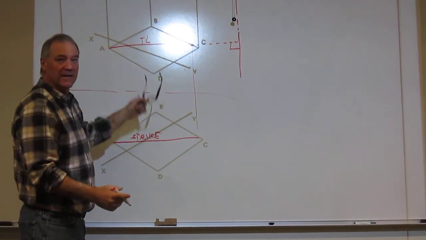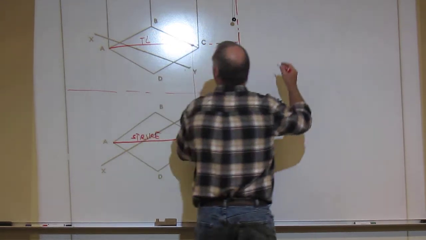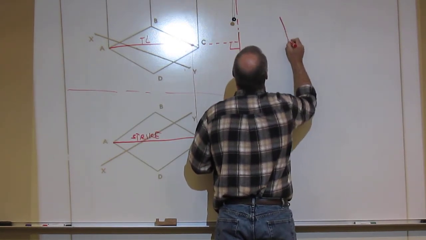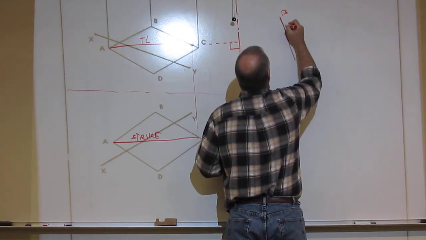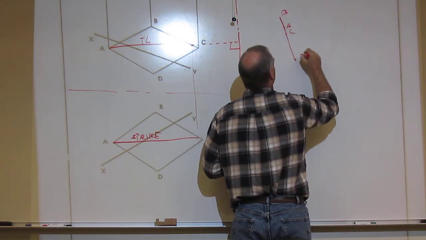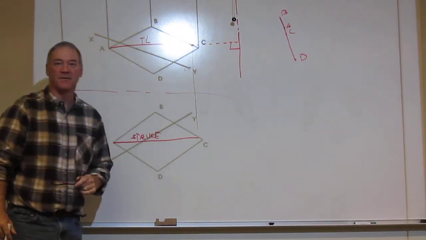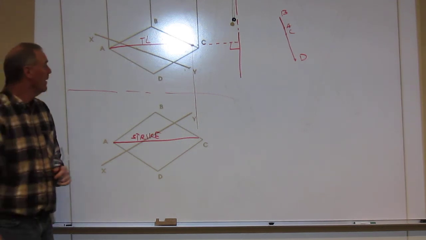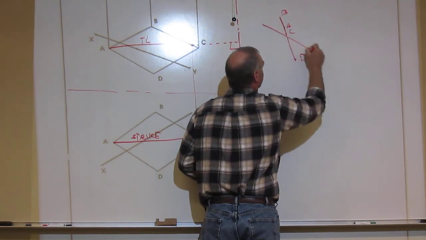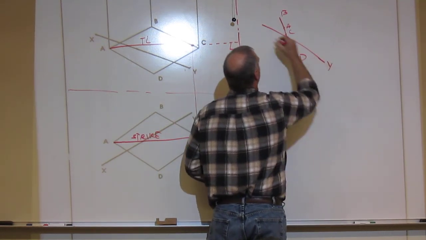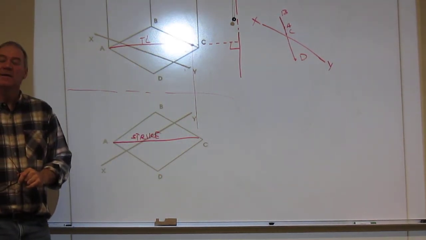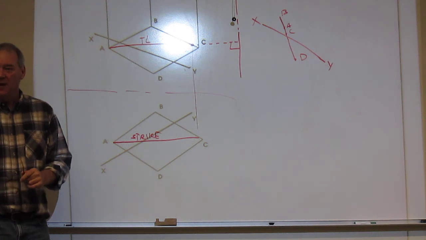Now, I'm not sure exactly how this looks, but what you're going to end up with here is a line that looks something like this, where I have B, A, C, and D, something like that. And I should see it on edge. I'm also going to have XY. So it looks like XY does something like this. Y, X. In essence, you're done projecting. Now you just need to